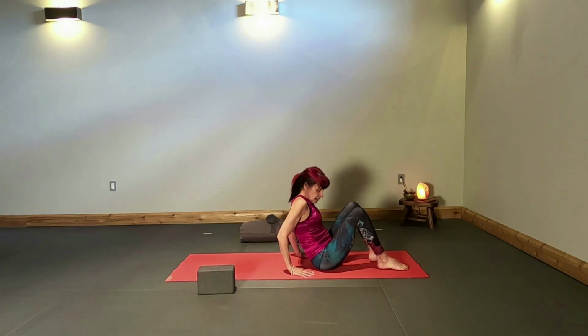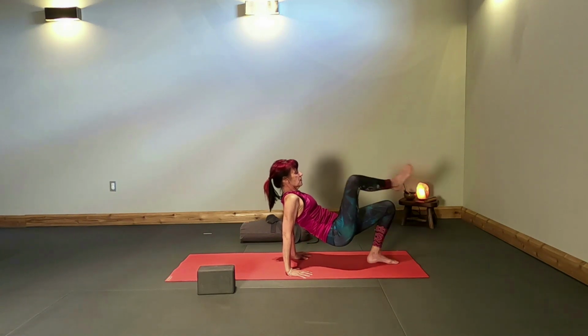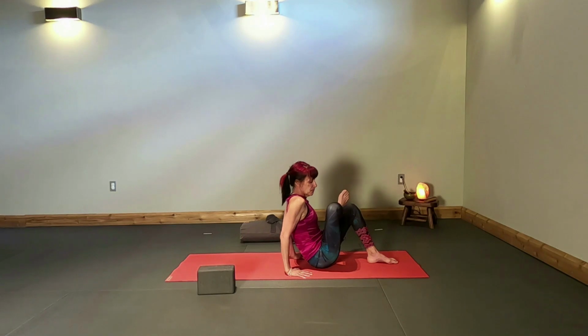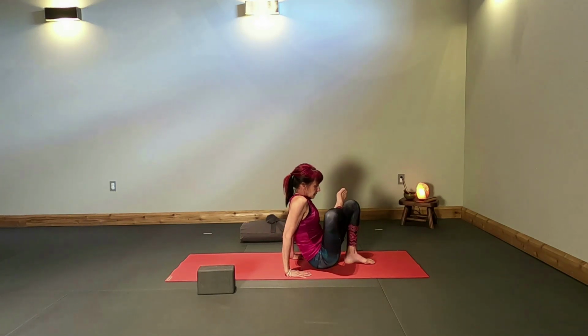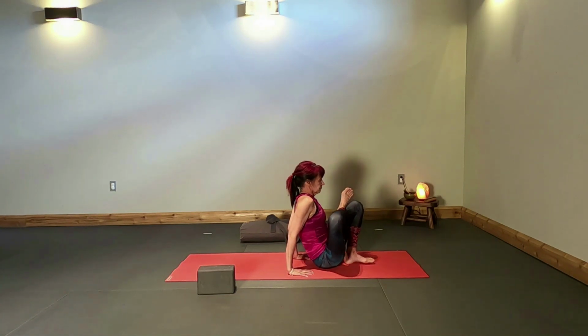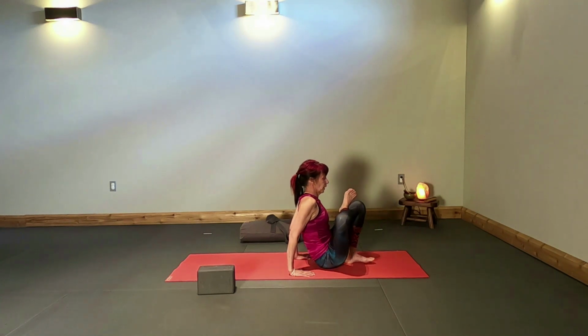Unfold the legs, hands to your hips, fingers front facing, lift the hips. This time, right ankle over left thigh. Settle your hips back down, and then just reset the foot and find that sweet spot here. So sensation into the outer right hip,